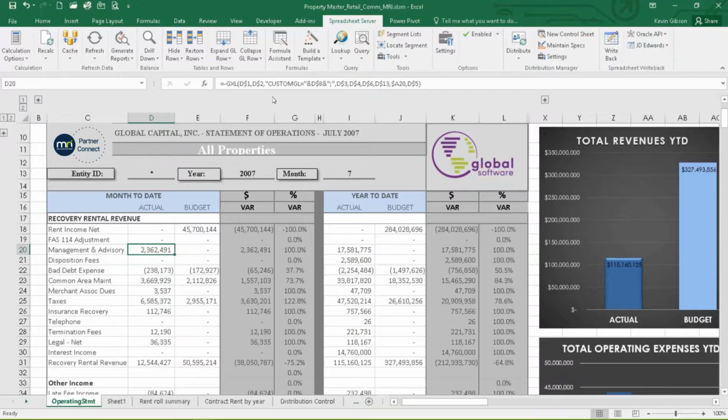Again, comments or questions through the Q&A box inside of the WebEx panel, absolutely. And Connor, I will pause again just to be sure if there are any questions out there that I can answer before we move into building our...